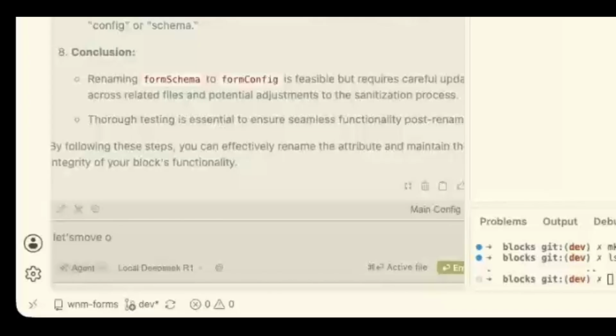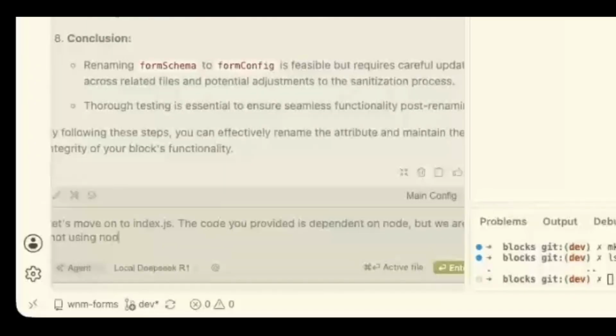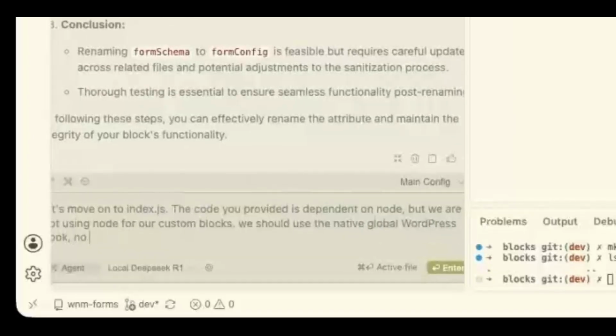Let's move on to index.js. The code you provided is dependent on Node, but we are not using Node for our custom blocks. We should use the native global WordPress hook. No React build required. It should start with something like